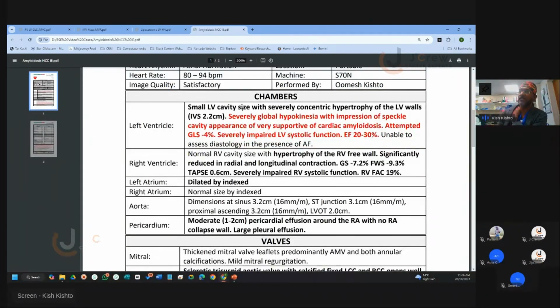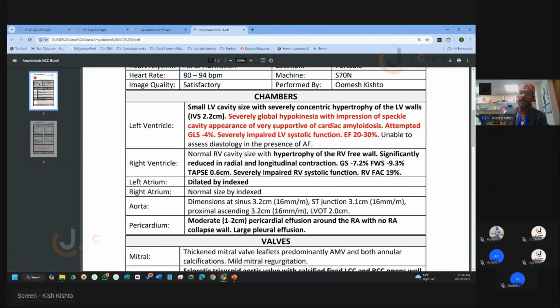Small LV cavity with severely concentric hypertrophy of the LV wall. Severely global hypokinesia, with an impression of speckled cavity appearance, very supportive of cardiac amyloidosis. And attempted GLS -4%, and severely impaired LV function, 20 to 30. Unable to assess diastology in the presence of AF in this situation, but clearly that would be raised filling pressure